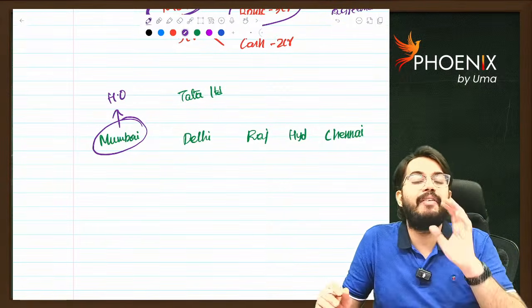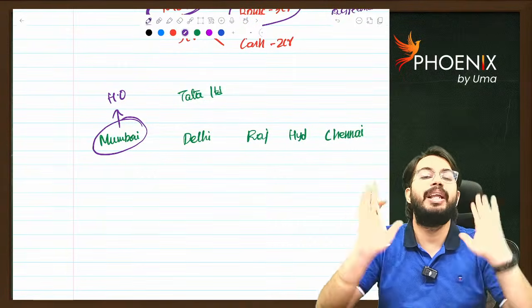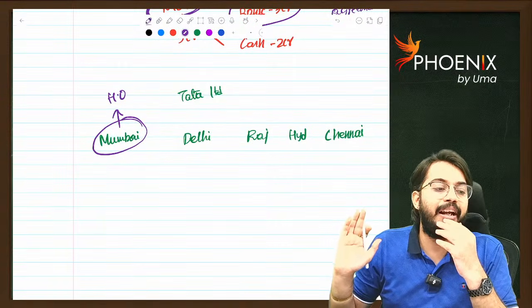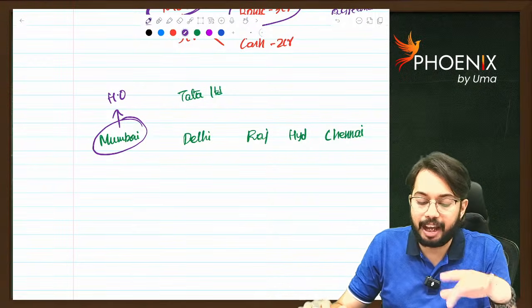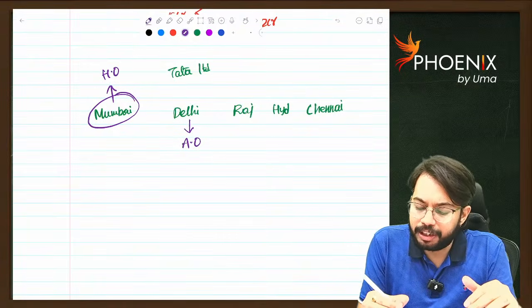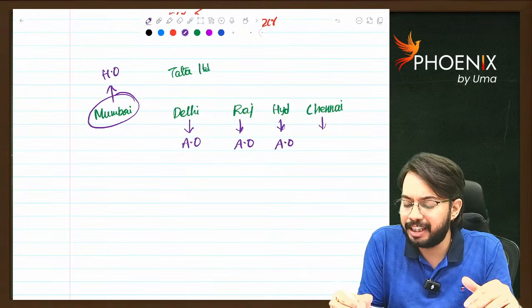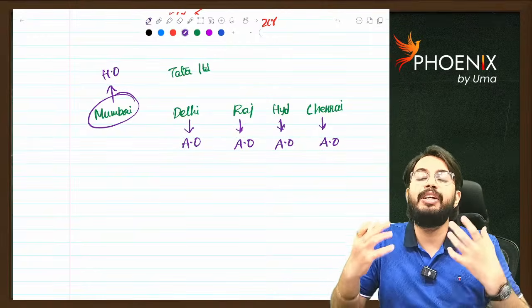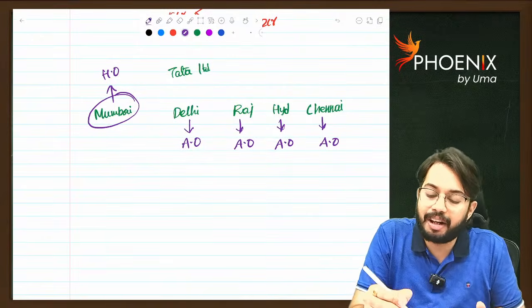You know, right? Whenever they do a raid of all places simultaneously, at a time, in that case, the searching officer of Delhi, the searching officer of Rajasthan, of Hyderabad, of Chennai, who is having jurisdiction over that place, they will go, they do the raid, and whatever the assets that are seized are there,